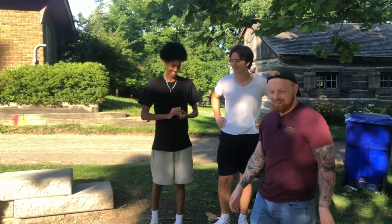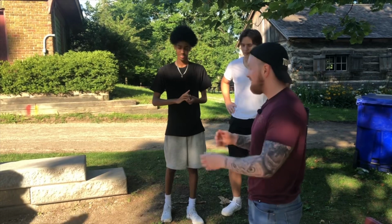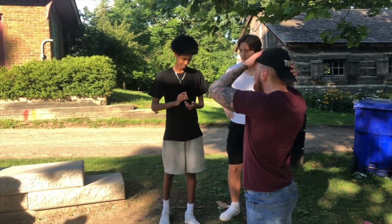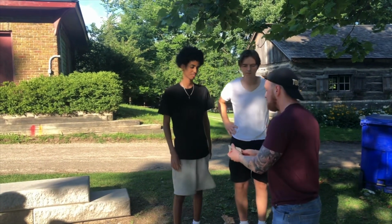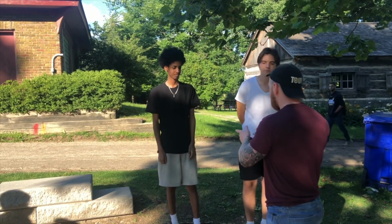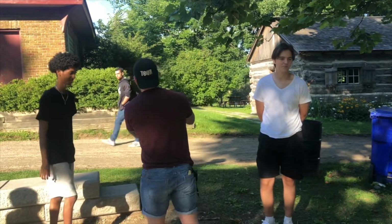So the first thing here, what you'll see me do, he already knows what's going to happen. He knows that I'm going to dribble the cards and he's going to think of one. And I say it's a good idea to flash all the cards while you're explaining that so it makes them feel like they see all the cards. But another thing that's great to do is when you actually go to do the force, what you'll see me do here